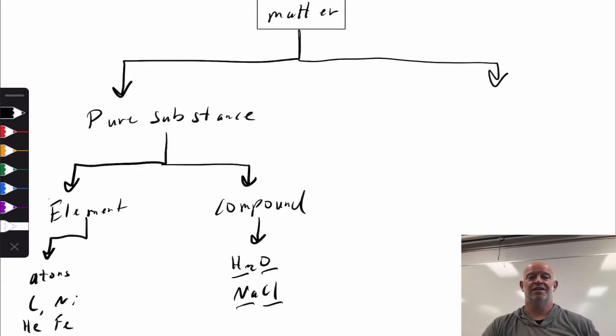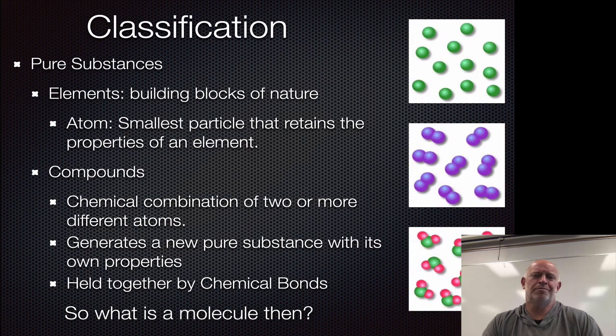So you have this idea that you truly are creating a whole new thing. You might be thinking, I've heard this term molecule before. Where do molecules fit into this system then? Because we have elements and compounds. A molecule is not an element, is it? Is it just another compound? Is something fancy about it? What is it? Really, molecule is kind of a unique term that is used in a little bit of both sides of the stuff.